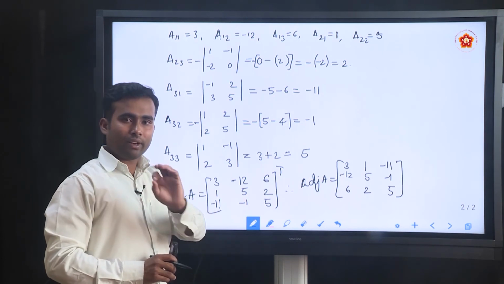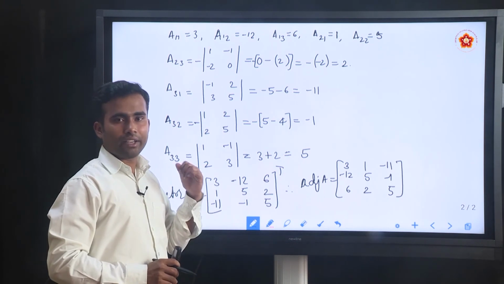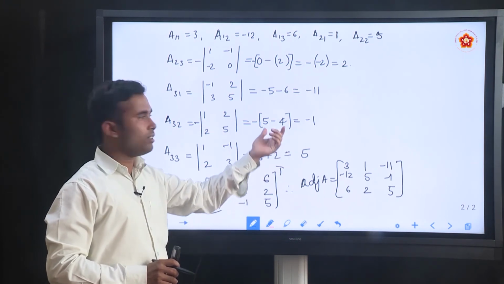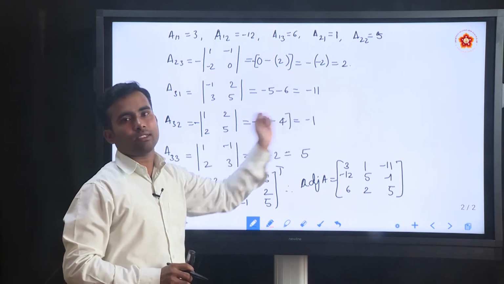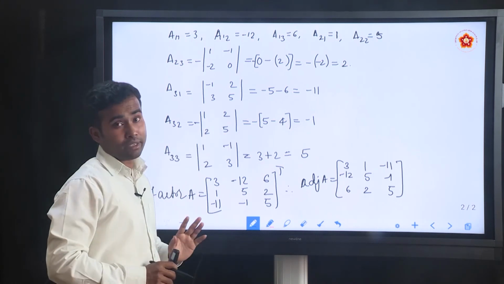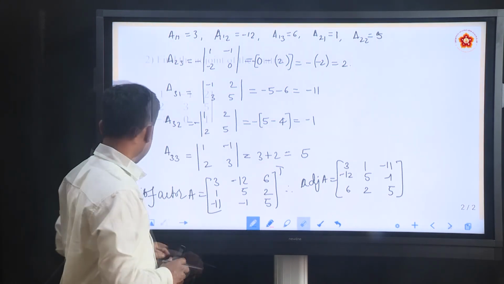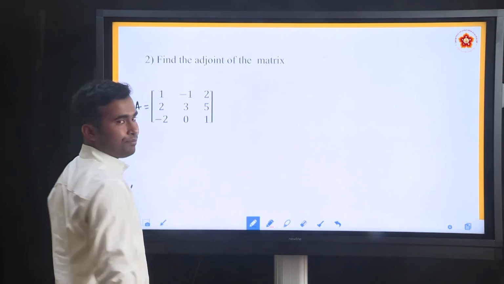But if the question is to find the inverse of the given matrix, there is no need to write all these things. I gave you that short method for a 2 cross 2 matrix while solving the first example of this exercise, okay. This problem also can be done in that way. I'll tell you that. See, A is equal to, okay.